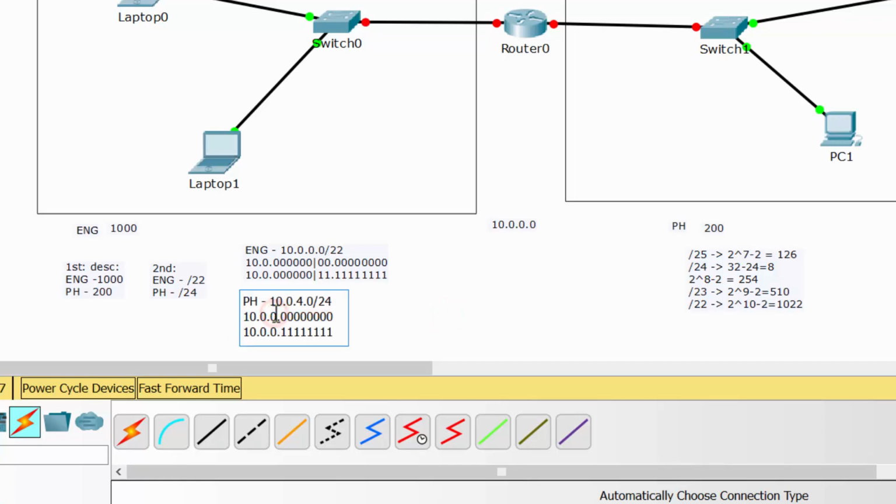10.0. Yeah, so thank you. All right, it's better. And now we'll convert these values into the decimal form. So we say that 10.0.0.0 with prefix 22, and then 10.0.3.255 with prefix 22. This addressing belongs to the engineering faculty,